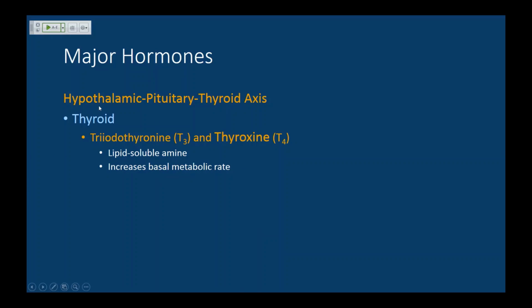So let's follow this to the hypothalamic pituitary thyroid axis. Okay, we have T3 and we have T4. These are the amine hormones that are more lipid soluble and tend to act more like steroids. If you recall that mechanism, their action is going to be primarily focused on modulating gene expression, gene transcription. Okay, the function of the thyroid hormones is to essentially increase metabolism.